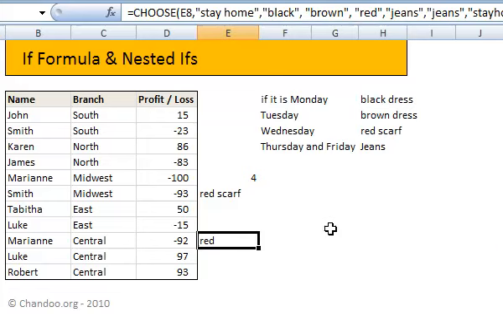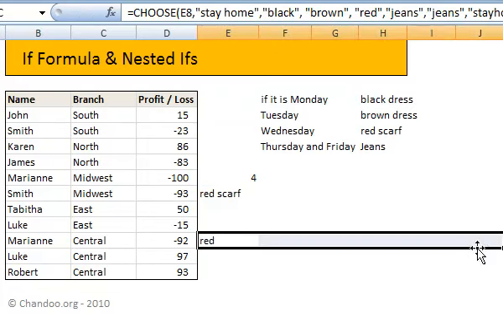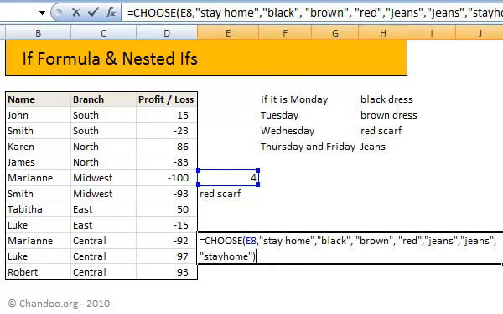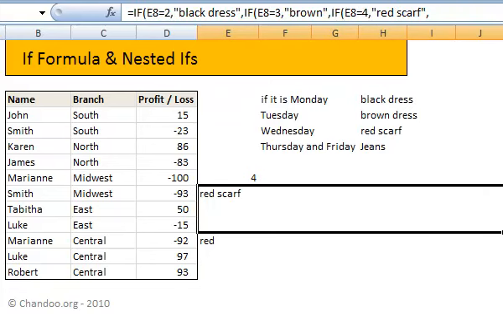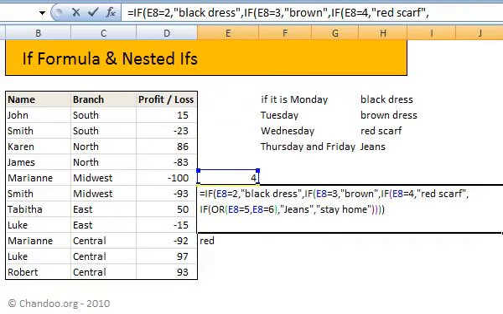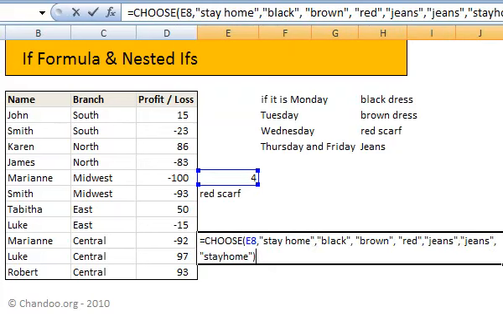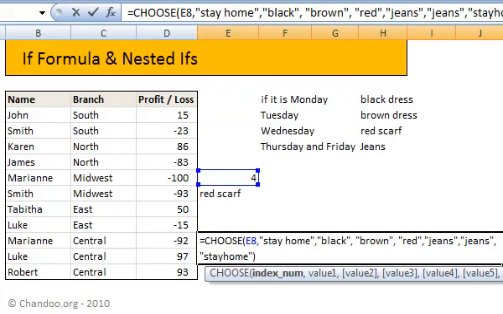So now take a look at this formula. What it is trying to say is, if E8, here E8 is a number, so we are writing conditions for each of the individual values of E8 like this. If it is 2, then do this. If it is 3, do this. 4, do this. So whenever it is a number, you could use the CHOOSE formula, which will take an index number